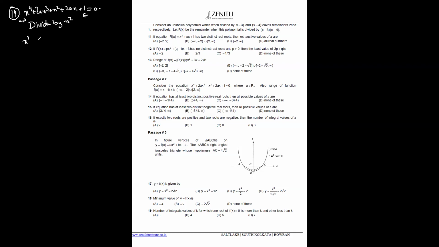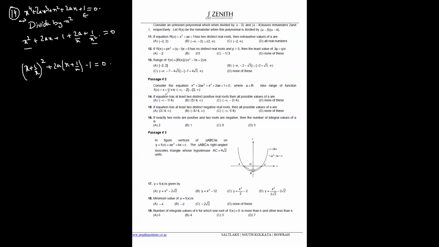So this becomes x square plus 2a x plus 1 plus 2a plus 2a by x plus 1 by x square, so that we can convert this into another form. So x square plus 1 by x square can be written as (x plus 1 by x) whole square minus 2. And here, taking 2a common, we'll have a(x plus 1 by x). And we have plus 1 minus 2, so the final value ends up becoming minus 1